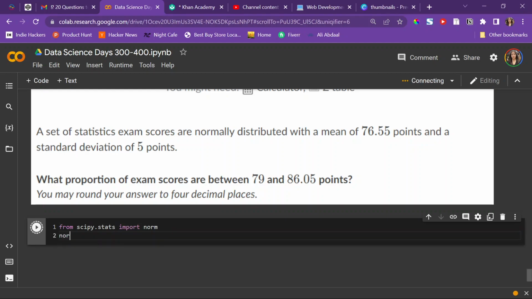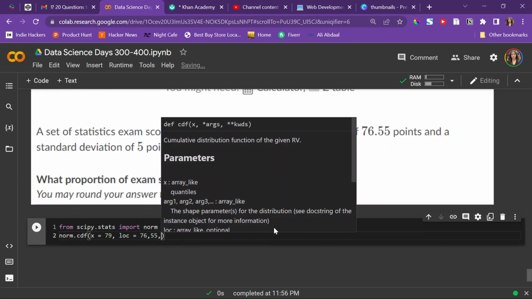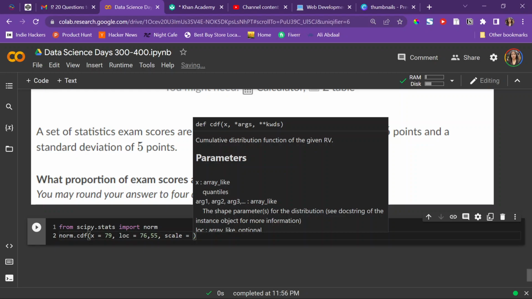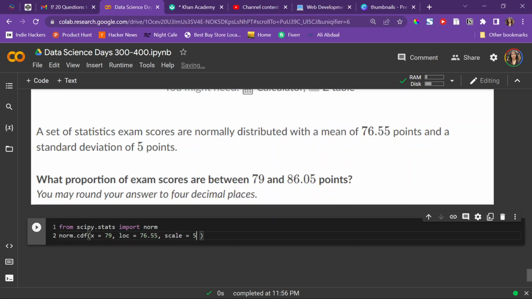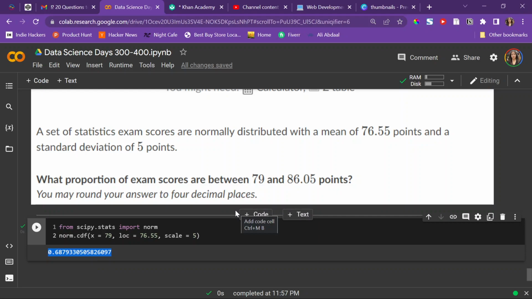So norm, and then I'll do norm.cdf, and CDF stands for cumulative density function. So it basically calculates the cumulative density up until a certain point x, and that's going to end up being 79 for me. And then the loc is going to end up being 76.5 because the loc is the mean, and then the scale is the standard deviation, and that is 5 points. Now here's what this line of code does. This over here is the proportion of exam scores that are lower than 79,